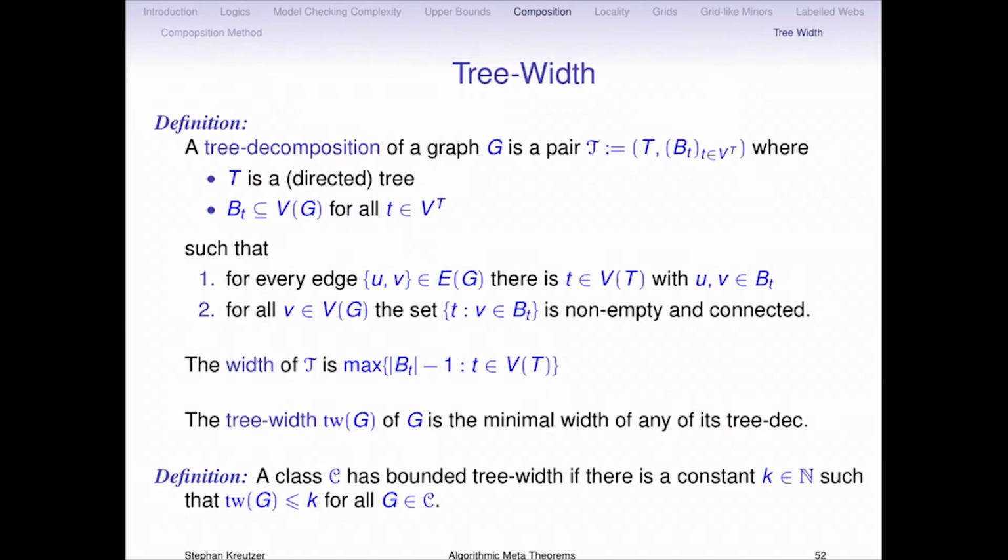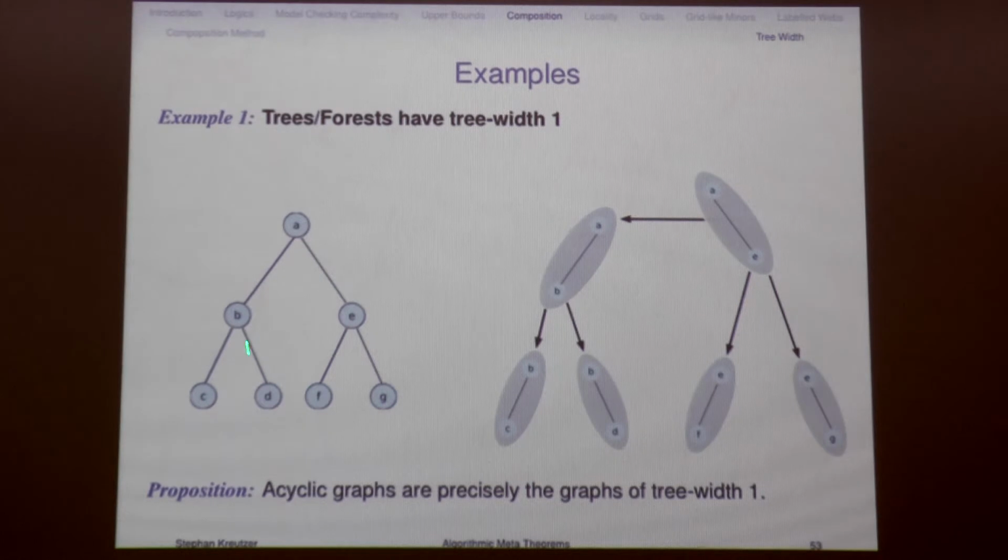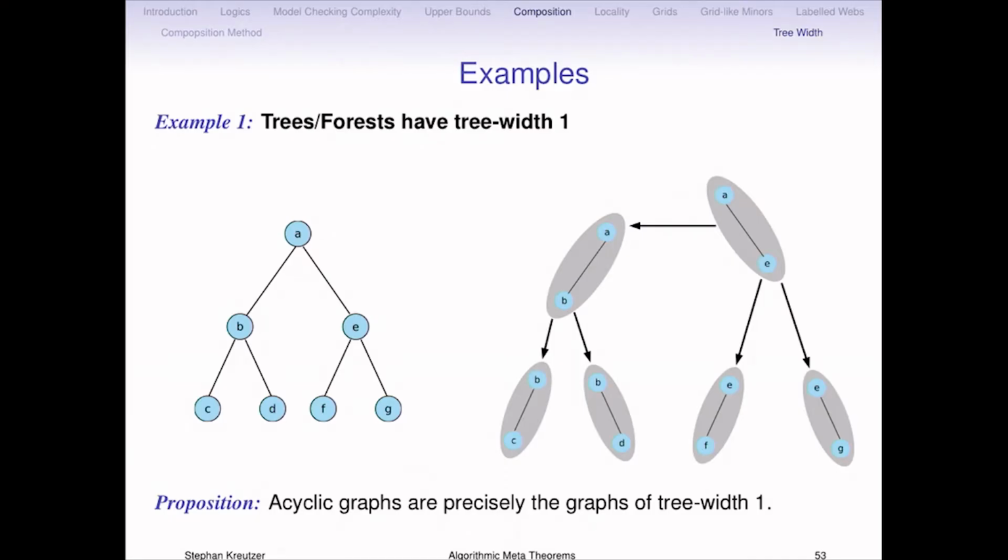And the main feature, so here's an example, but I'm not going through this, I should mention the definition. A class of graphs has bounded tree width if you find a constant k, so the tree width of every member of your class is at most k. Right? So there's an upper bound. It's like bounded degree graphs, bounded tree width and so on. Here's a tree decomposition of a tree. This is a tree. And you decompose it by turning every edge into a bag, yeah, and then you arrange them in the same way as you had it on the tree. And this will satisfy all the definitions and properties of a tree decomposition.